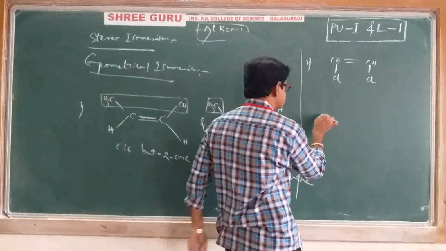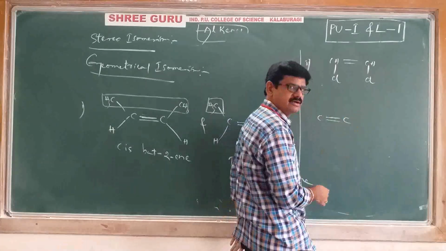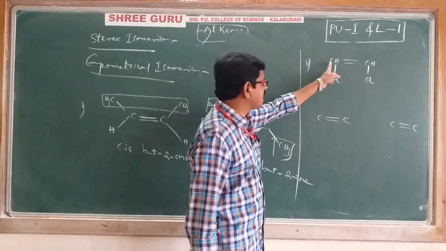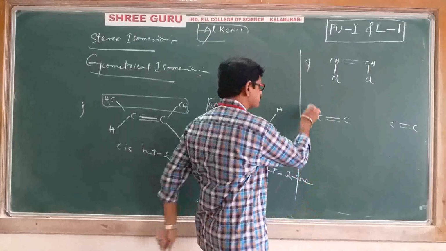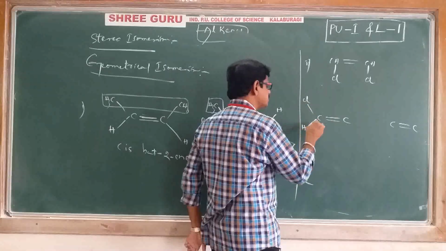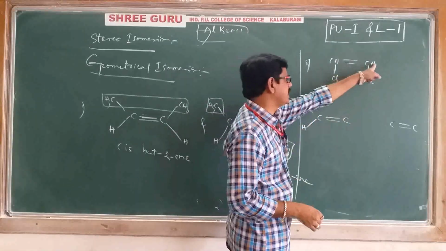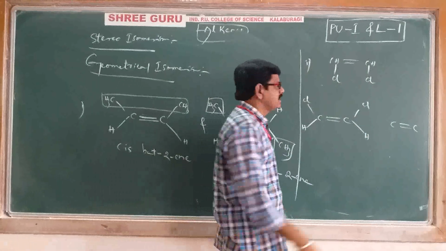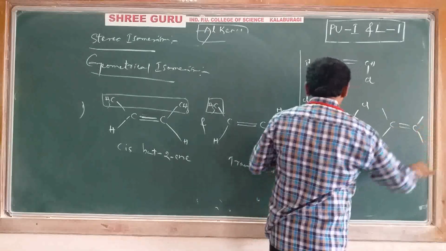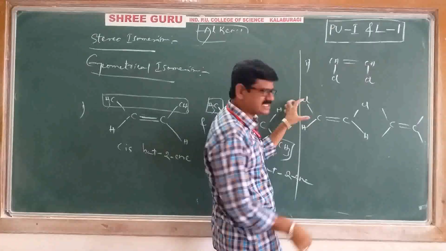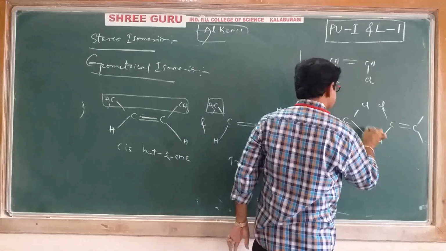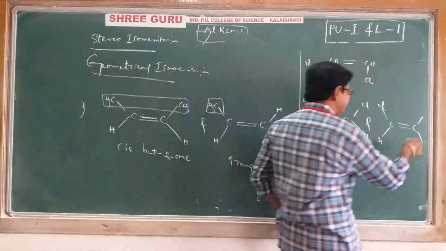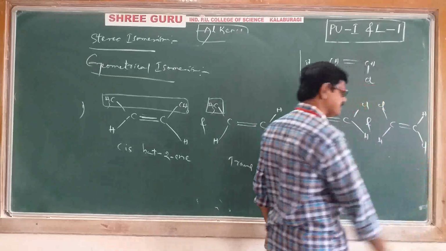Right. First, we will focus on the carbon-carbon double bond. One is for cis purpose, one is for trans purpose. Now, this carbon has one hydrogen and one chlorine. One chlorine I will write here, one hydrogen here. This carbon also has hydrogen as well as chlorine. In the first structure the groups stay as they are, Cl and H, and in the second the groups on the second carbon are interchanged. Hydrogen I will write here, chlorine here.